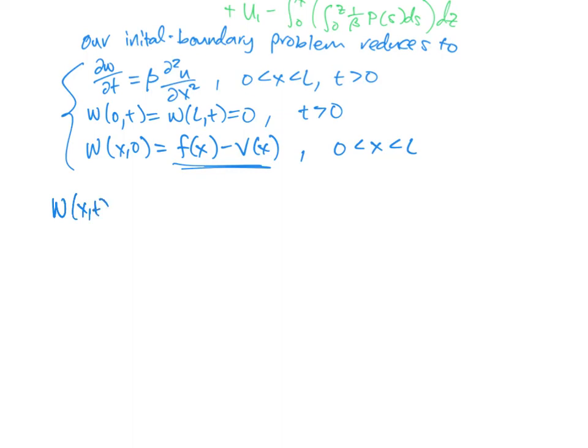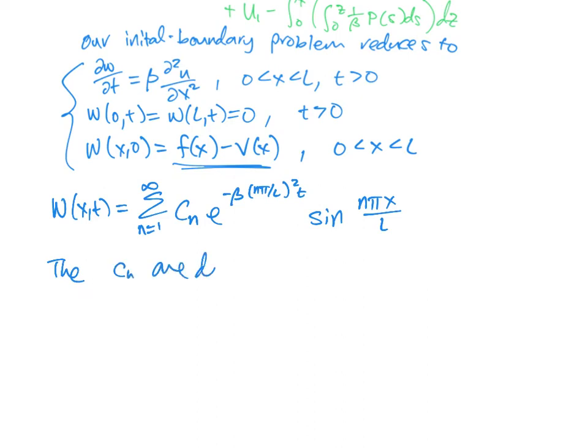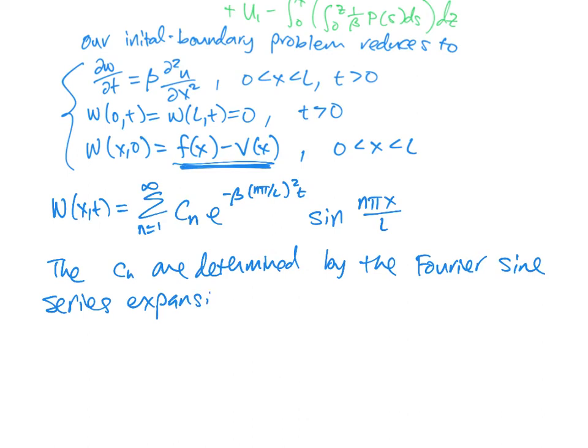So we know that w(x, t) is going to be some sum of our coefficients times our exponential piece, e to the negative (n pi over L) squared times t, times our sine functions, sine of n pi x over L. And the way that we get our Cn is that they are determined by figuring out how to represent this initial condition as a sine series, by the Fourier sine series expansion of the initial condition,